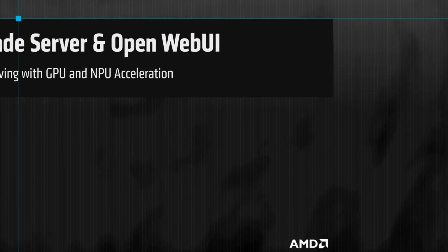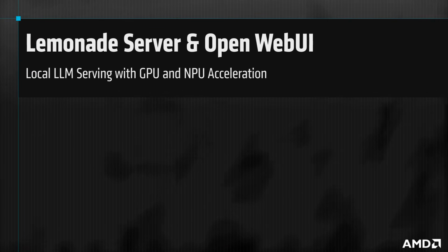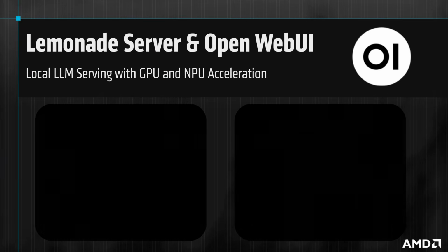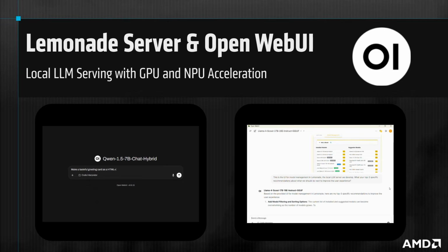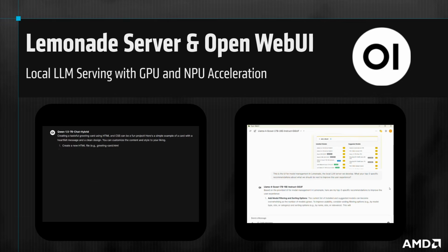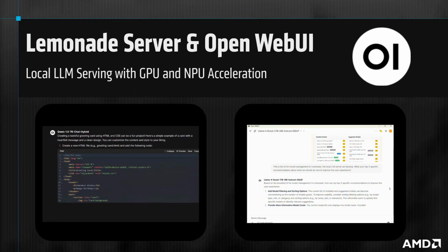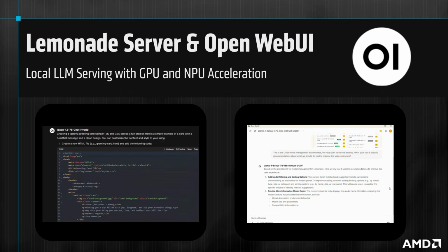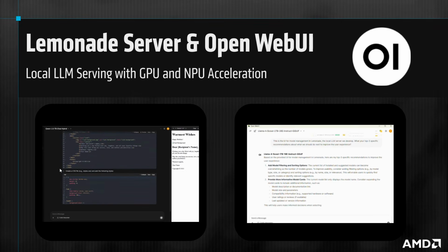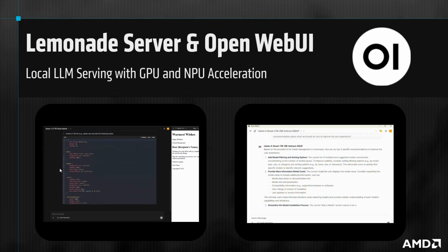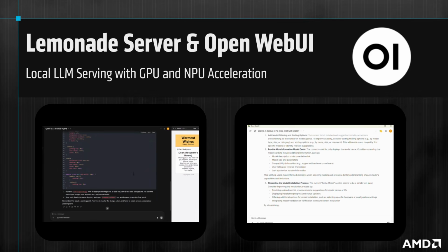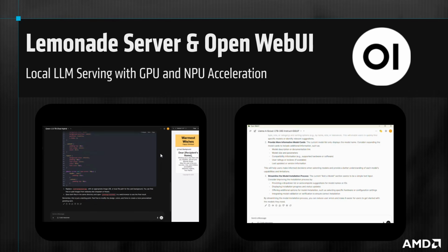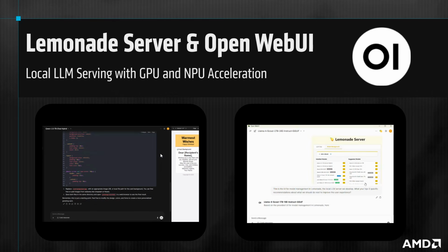In this video, we demonstrate how easy it is to integrate Lemonade Server with Open WebUI, unlocking its full suite of features while running large language models locally on your Ryzen AI PC. This includes running Python inside the app, rendering HTML, and more. Instead of juggling multiple apps separately, Open WebUI gives you one interface, where you can launch and switch between different AI models and services. To learn how to install and use Lemonade Server, check out our previous video, linked in